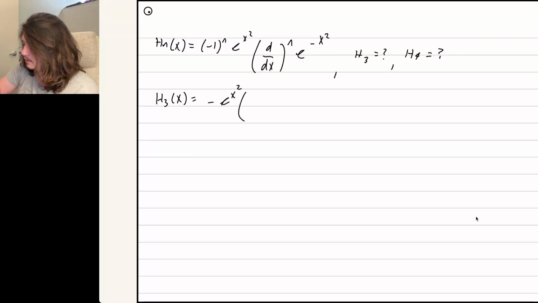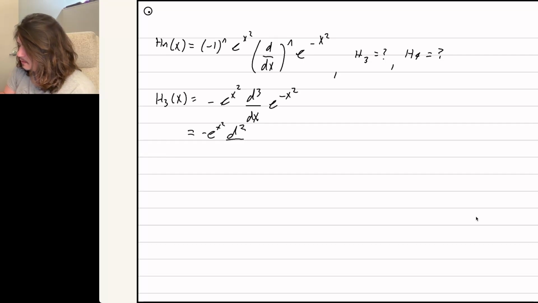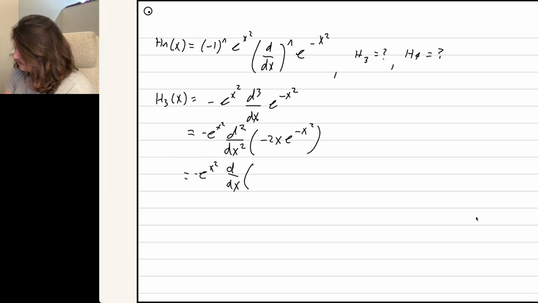You're doing the third derivative with respect to x of e to the minus x squared, which is minus e to the x squared times the second derivative with respect to x of minus 2x e to the minus x squared, which is minus e to the x squared times the first derivative with respect to x of minus 2x squared times e to the minus x squared minus 2e to the minus x squared,